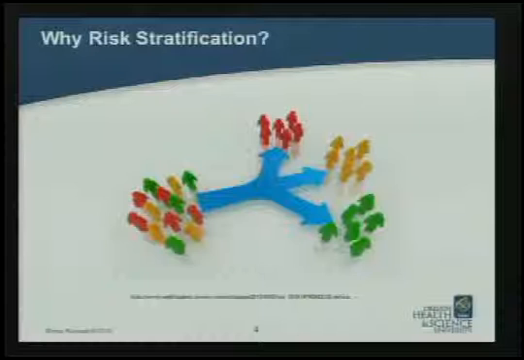First and foremost, why is risk stratification important? Risk stratification is defined as the process of taking patients and distributing them into different categories based on their perceived risk for future negative outcomes. As you can see in this diagram, we have a group of patients, and it's the job of risk stratification to distribute them into different groups based on their risks. In this picture, we use different colors to demonstrate that risk, with red obviously being a patient who's high risk, while green would be more low risk.